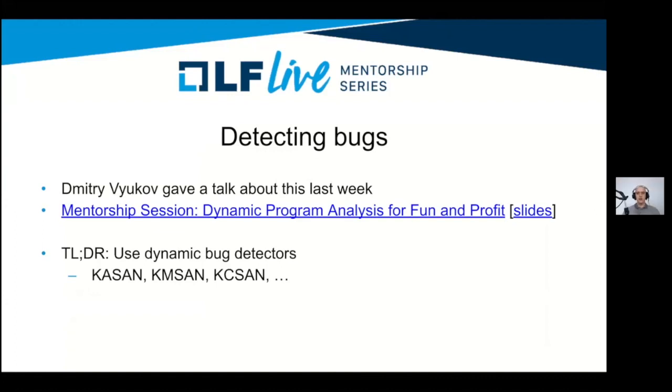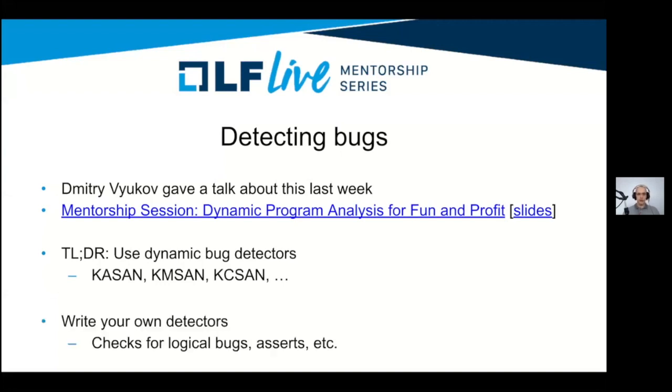All right, let's move on to detecting bugs. So how do we detect kernel bugs? Dmitry Vyukov gave a session about this last week. This was also a mentorship session, so I definitely recommend watching that and checking out the slides. The TLDR is just use the dynamic bug detectors that we have for the kernel. We have a lot of them. Most notably, we have KASAN for detecting memory corruptions, but we also have detectors for info leaks, for data races and stuff like that. The only thing that I would add to this list is you can actually write